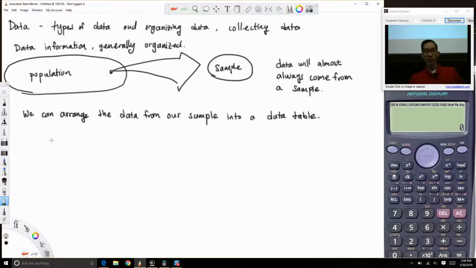And so each observation in our sample will have a row in the data table. Or the observations can also be called observational units. Each observational unit